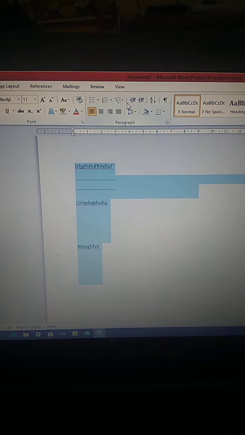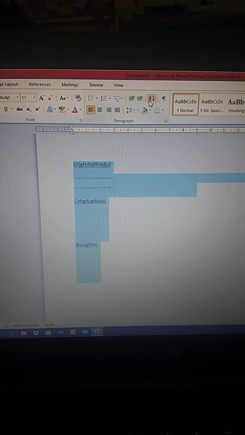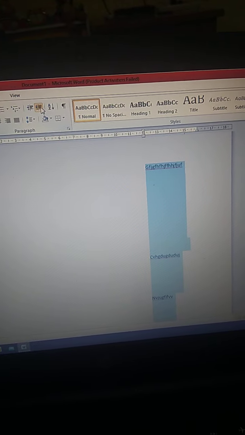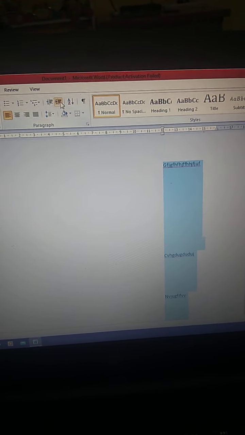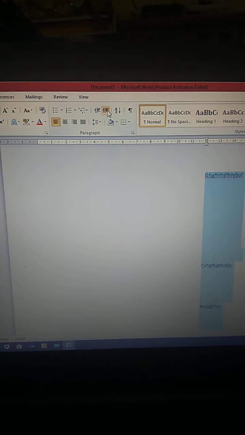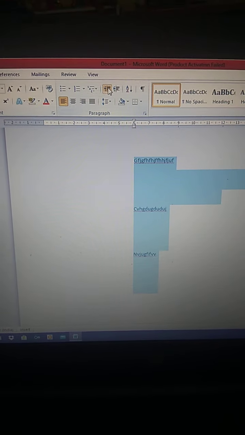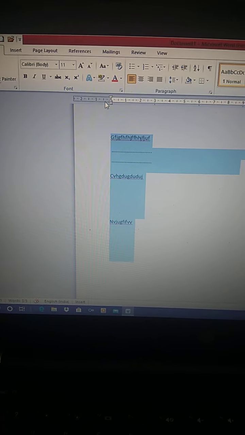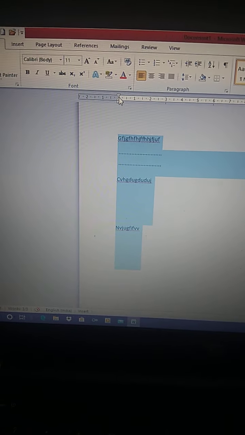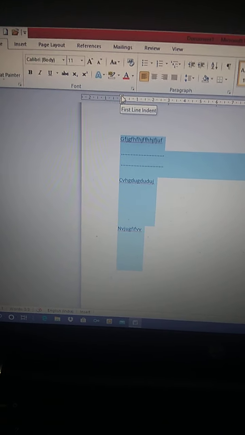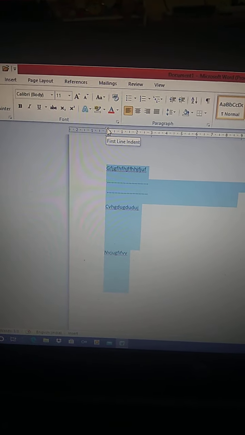Next I go to the decrease indent button, then the increase indent button, and it is increasing. It increases 0.5 inch, half an inch, every time. The next button on the left is decrease indent. This is one method.